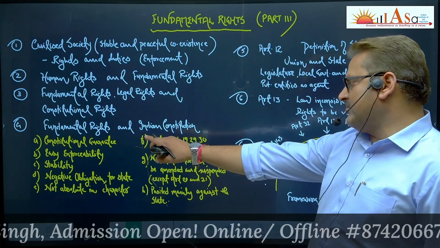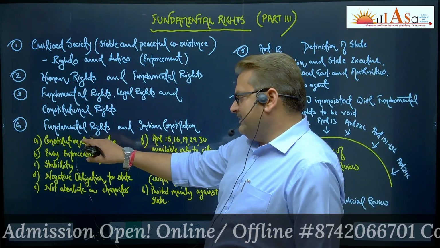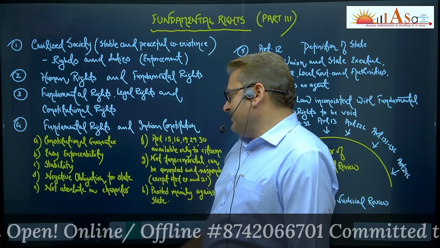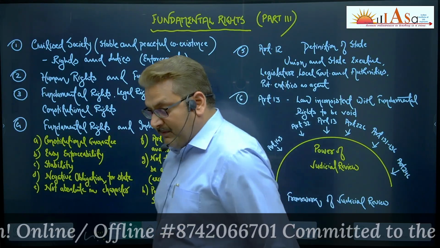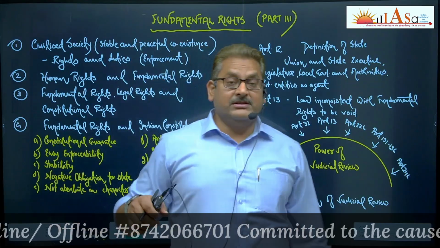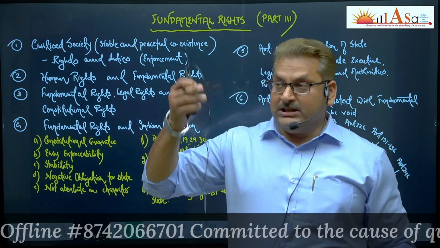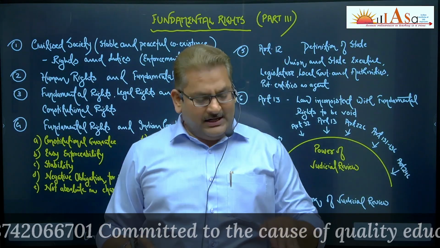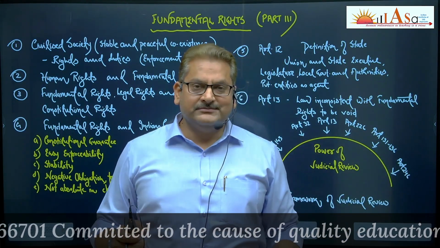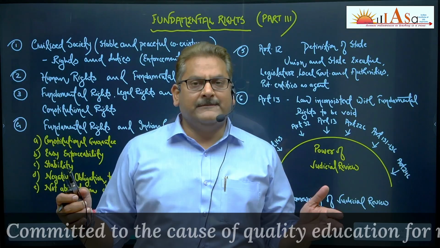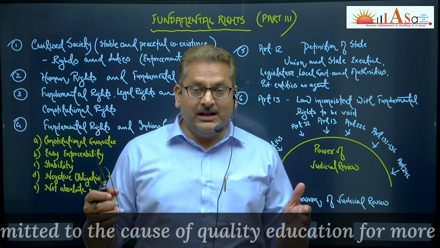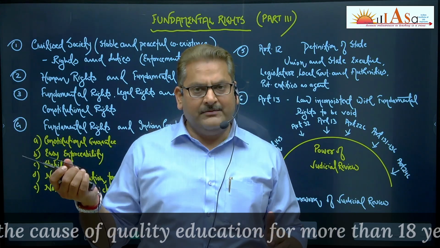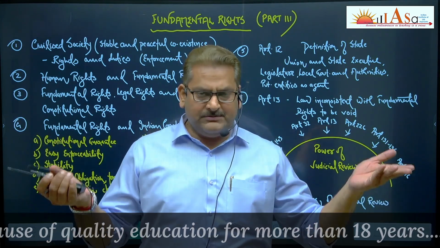Fundamental rights and the constitutional guarantee. So there is a guarantee given by the Constitution, then easy enforceability, I have discussed. Then you have stability. Fundamental rights provide stability. A kind of state strikes a fine balance between the authority of the state on the one hand, and then the freedom of people on the other. So when we think of a stable polity, we cannot think of a stable and sustainable polity unless the authority of the state on the one hand and the rights of the people on the other hand have been properly